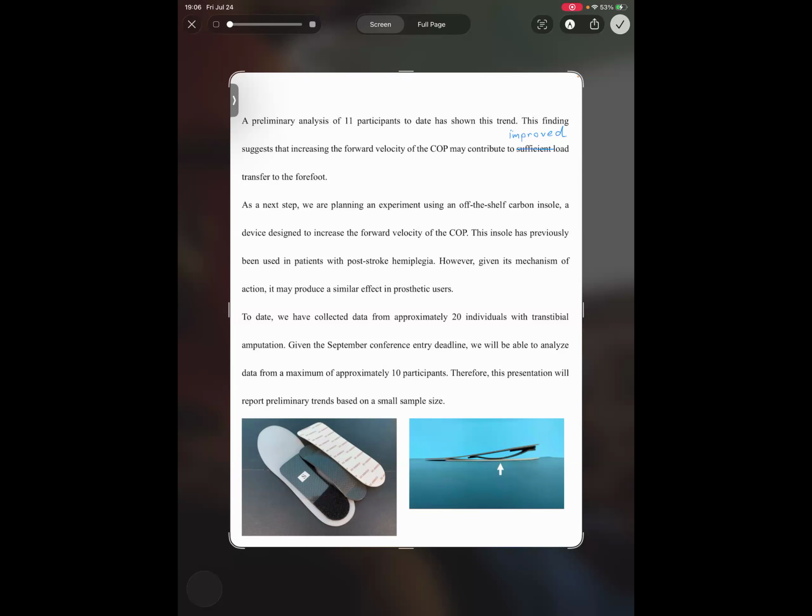To date, we have collected data from approximately 20 individuals with trans-tibial amputation. Given the September conference entry deadline, we will be able to analyze data from a maximum of approximately 10 participants. Therefore, this presentation will